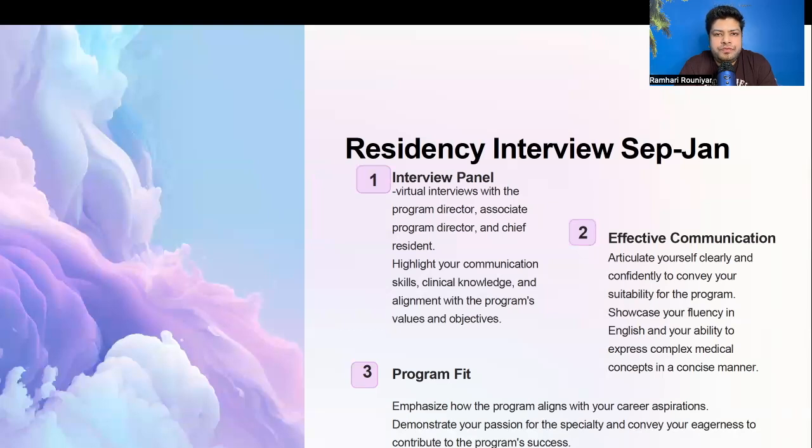So the interview is a very important aspect of USMLE, where people are sent an invite to interact for maybe around 20 minutes with each of these faculty, where they see the communication skills of the applicant, and they see two things: is this person fit for the program, and vice versa. So after this, the different interview dates are sent to different applicants,